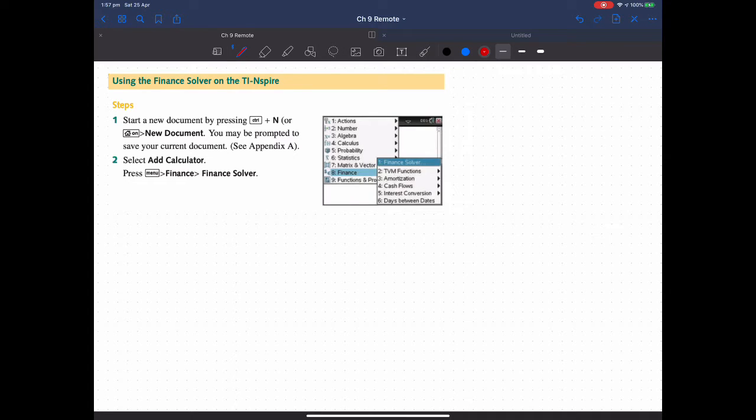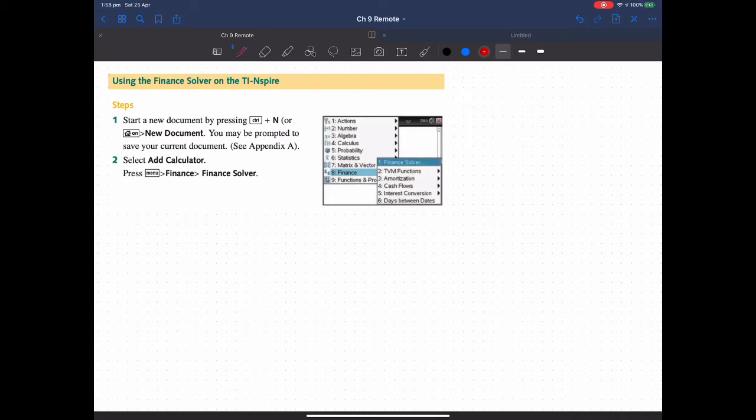This exercise looks at using your finance solver on the TI Inspire. It is exactly the same on the ClassPad calculator. For us to be able to get to the finance solver, we have to press the menu button, followed by